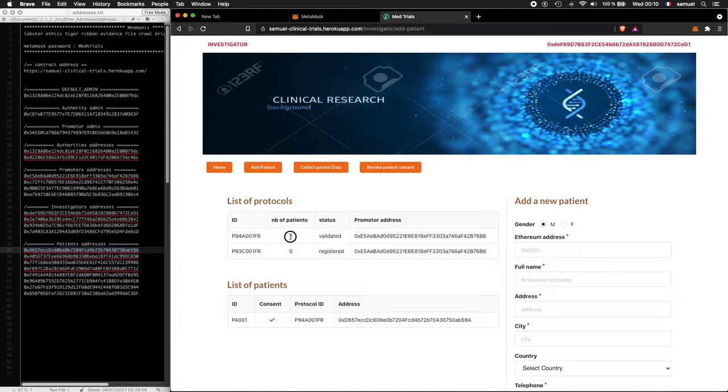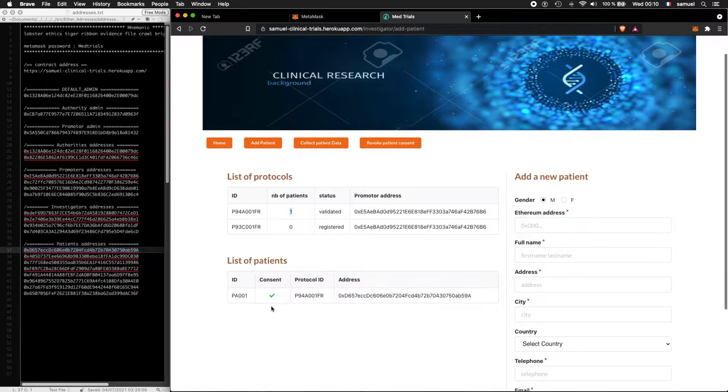So now we have one patient, and here in this table we have the patient information. So the patient ID PA001, and we can see that the patient has given his consent, and the protocol to which this patient is enrolled. So it is the first one, P94, and we see that we have P94 here, and the patient address.